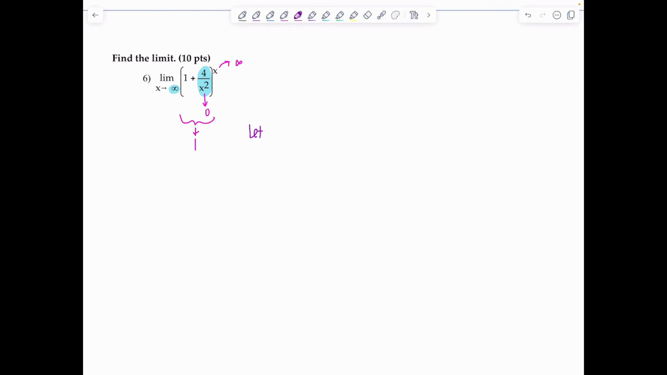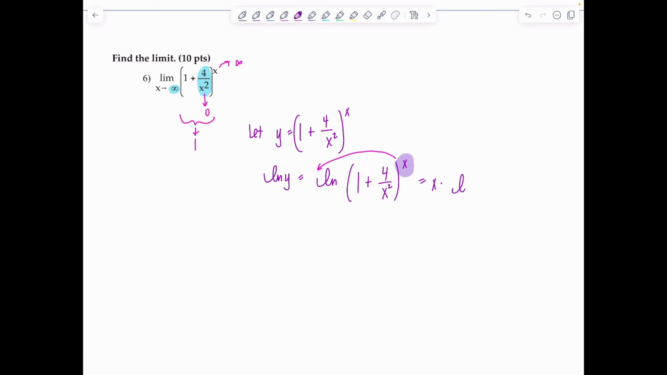So I'm going to let y equal (1 plus 4 over x squared) raised to the x. And then natural log of y would be natural log of (1 plus 4 over x squared) to the x. And since it's not willy-nilly, I added in this natural log, guys. It's going somewhere. Since we added it in, I can move this x now to the front. And then this is x times natural log of (1 plus 4 over x squared),